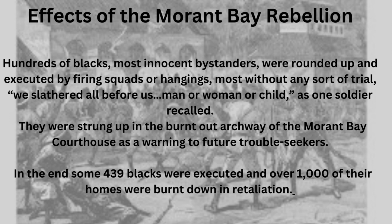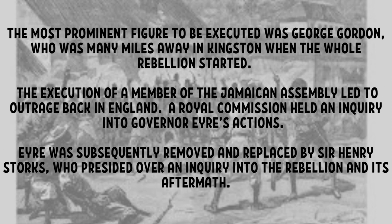In the end, some 439 blacks were executed and over 1,000 of their homes were burnt down in retaliation. The most prominent figure to be executed was George Gordon, who was many miles away in Kingston when the whole rebellion started. The execution of a member of the Jamaican Assembly led to outrage back in England. A royal commission held an inquiry into Governor Eyre's actions. Eyre was subsequently removed and replaced by Sir Henry Storks, who presided over an inquiry into the rebellion and its